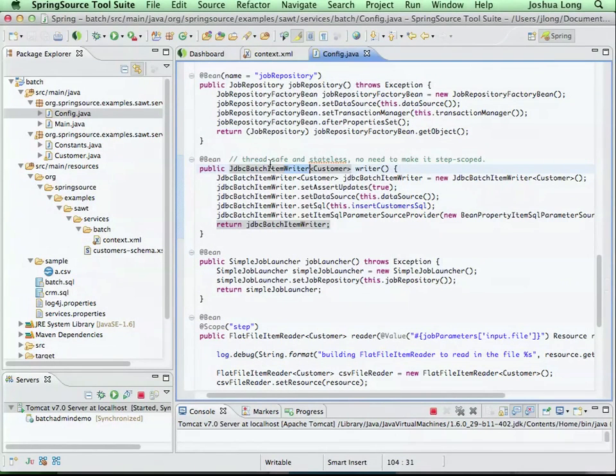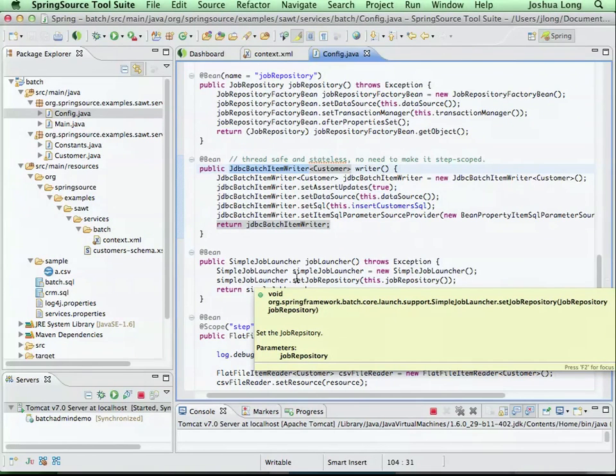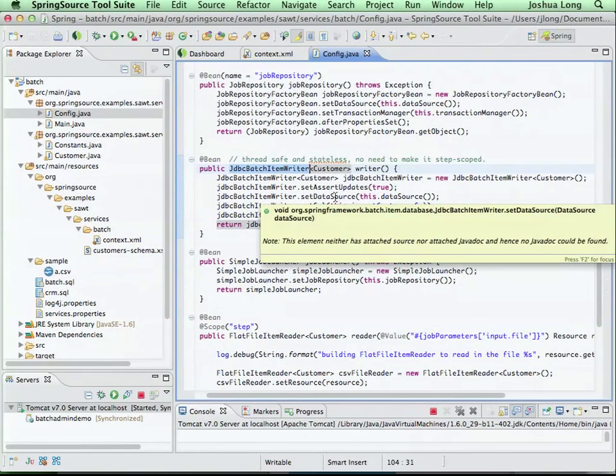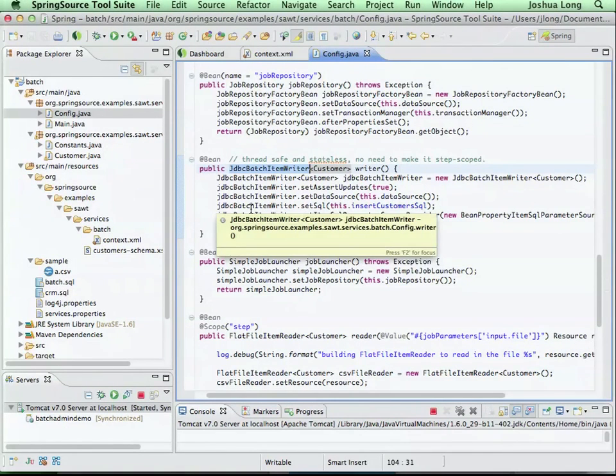So this is a JDBC writer. I'm going to take that record coming in from the reader, process it by just printing out some information, and then write it to the database. All this code comes with the framework, so I just have to configure the right beans